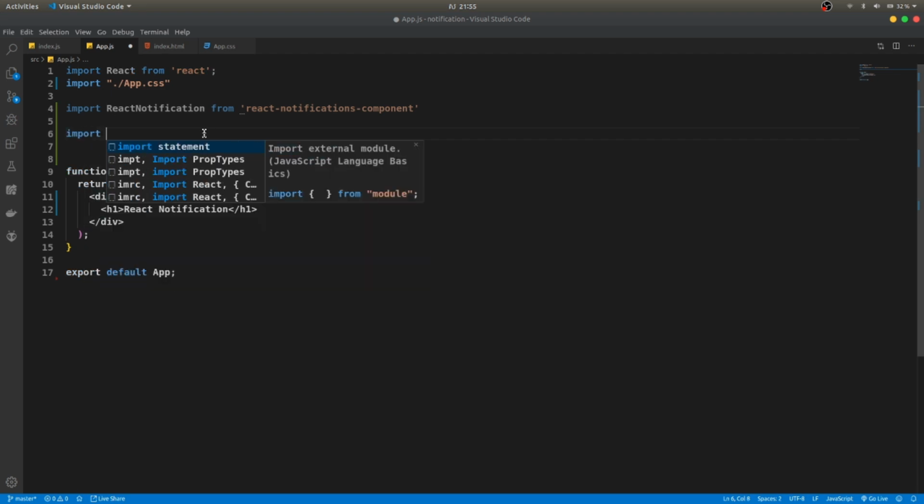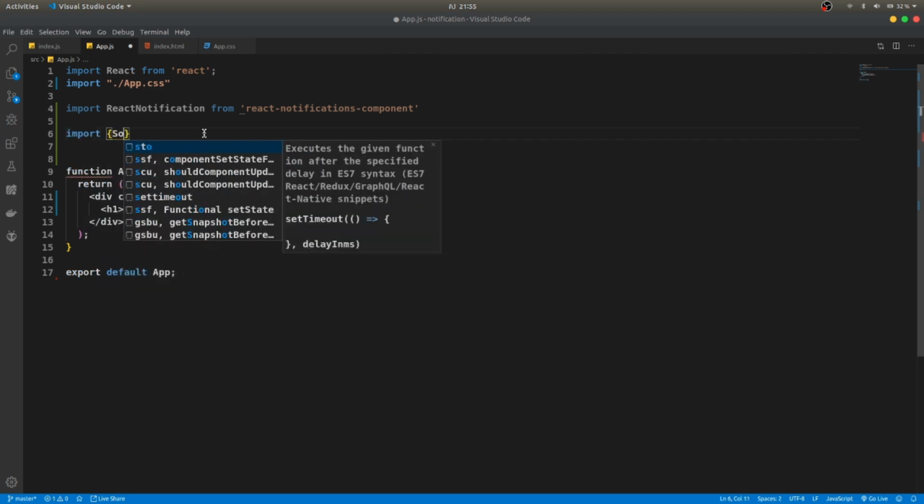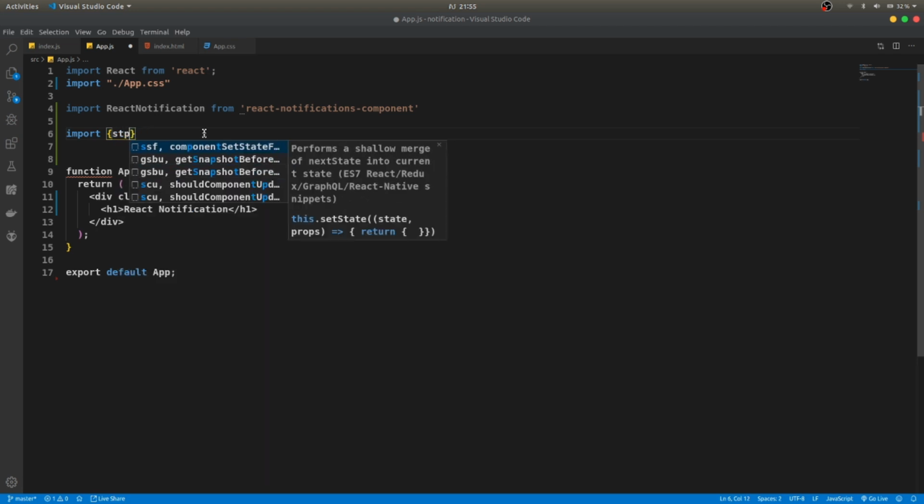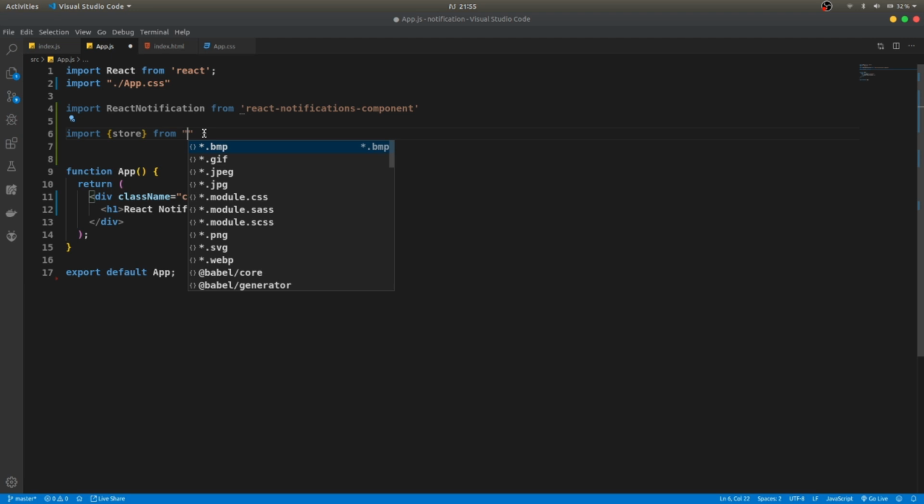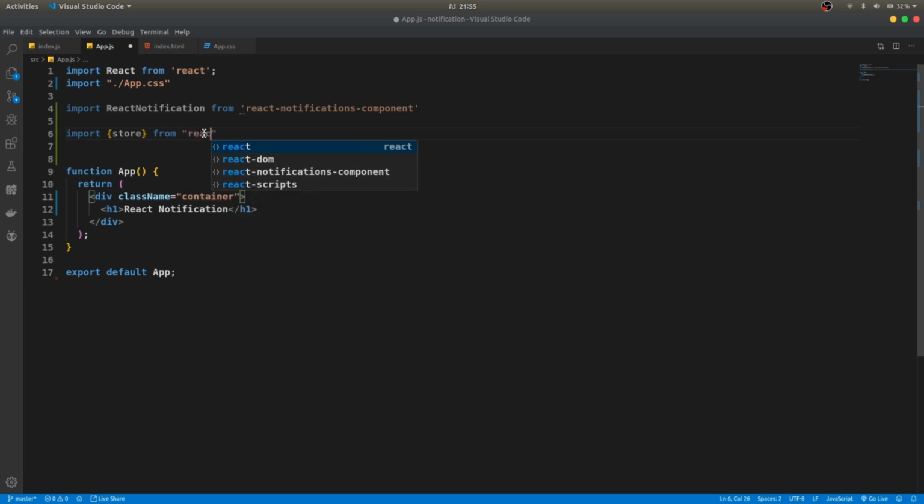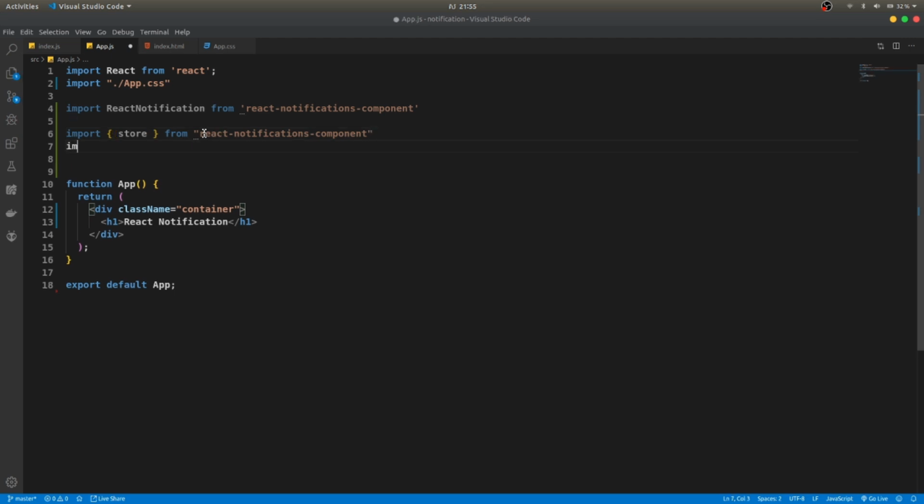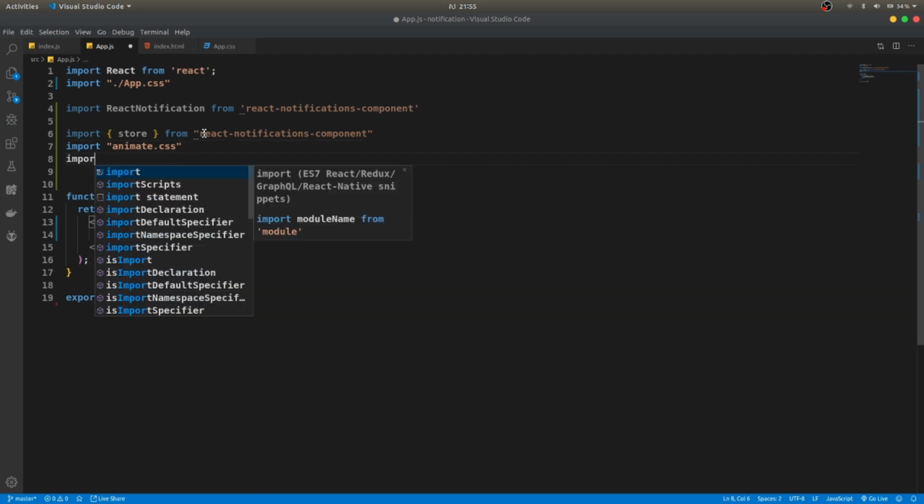Alright, then we're going to do the store. This is from the library. If you're curious what's going on, you can check it. This is how we make the notification with the store function's object. And next we need to import animation.css. Yep. Oh no, just animations. Animation.css. Next we need to import the